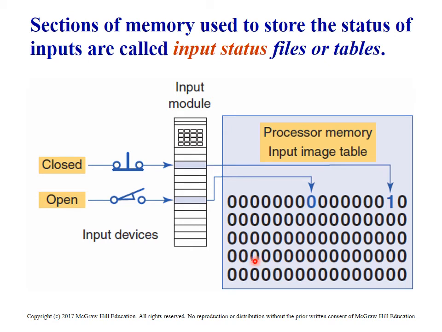And what a data table essentially is, it takes information, like in this illustration here from an input module, and places it all in nice neat rows and columns for us to view on a data table. When you're writing your program, all you're doing is addressing these locations to determine whether a bit is on or off, or you're going to turn a bit on or off, or maybe a whole series of bits that equate to a word of information.